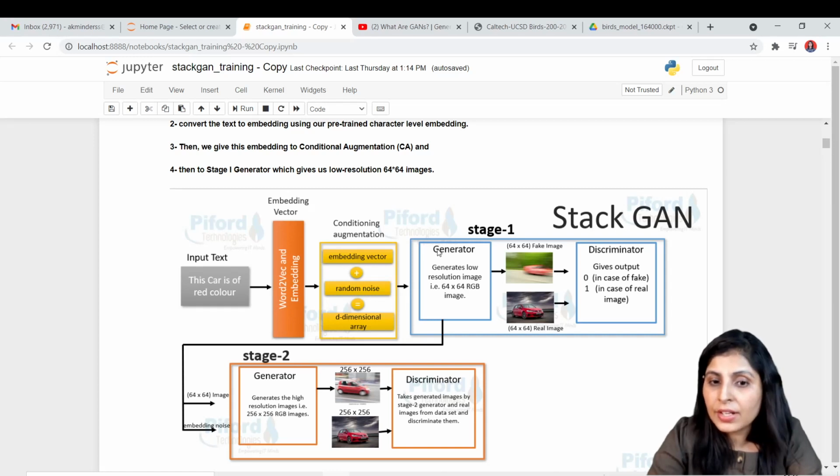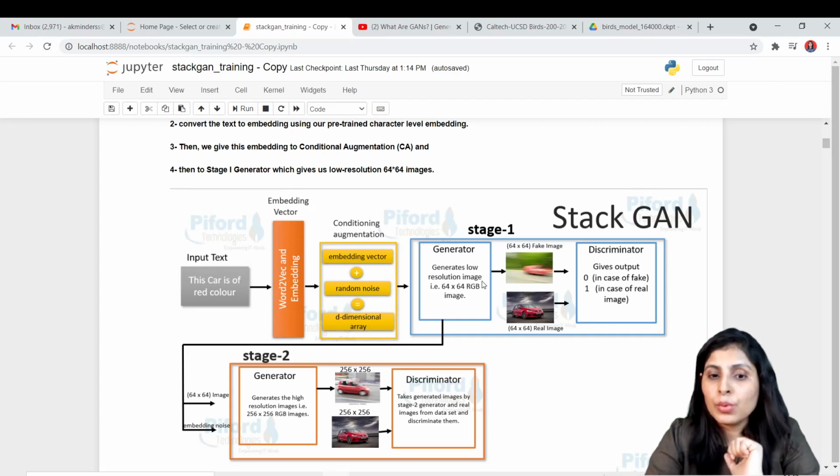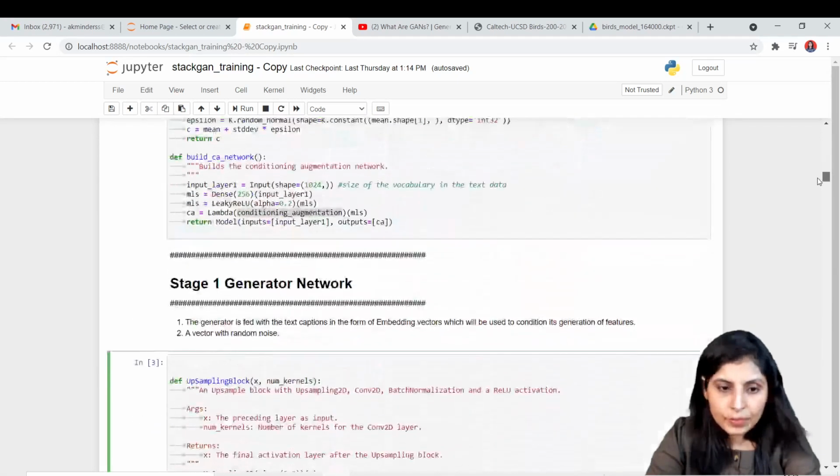And we have started our code with an image resolution of 4 into 4, right? So we need to upsample it, then only can we achieve the desired results. So we are upsampling that 4 into 4 image several times to reach this resolution. Okay, so let me show you.